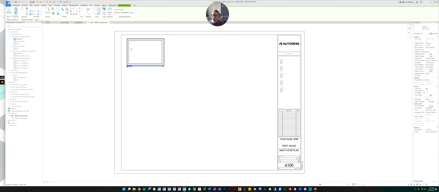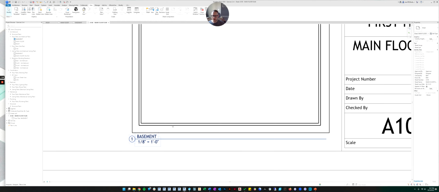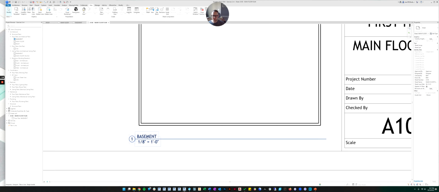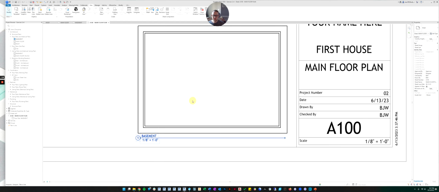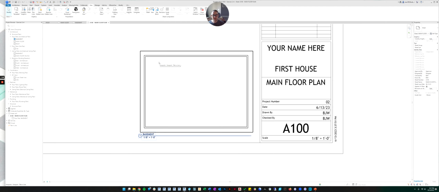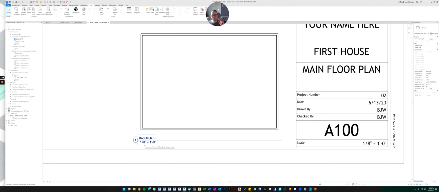Okay, now you'll notice the view is on the sheet. I can grab it and I can move it around to wherever I want. So if we want to put it down here, we can. Then you'll notice it automatically gives you this tag, and it automatically puts in the name of the view in the tag, and it also puts the scale of the view. So I don't know if you've gone over scales in real life, but basically what it's saying is if you print this, if someone wants to take a ruler and measure the length of the wall, every 1/8 of an inch on the ruler equals 1 foot in real life.